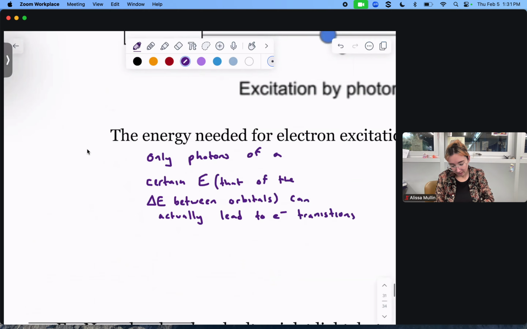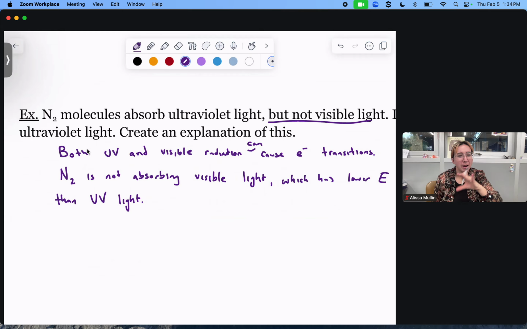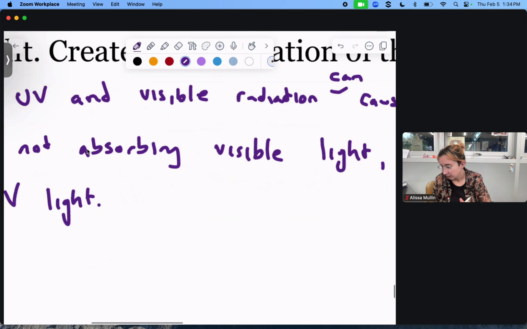So what's that telling me? It's telling me that I'm doing big energy jumps, but I don't have the specific energy needed, or I don't have jumps available where I would absorb any of that actual visible light. It's just passing through me. It's not doing anything. It's just going off to the next thing where it can do some actual work. So that means that the N2